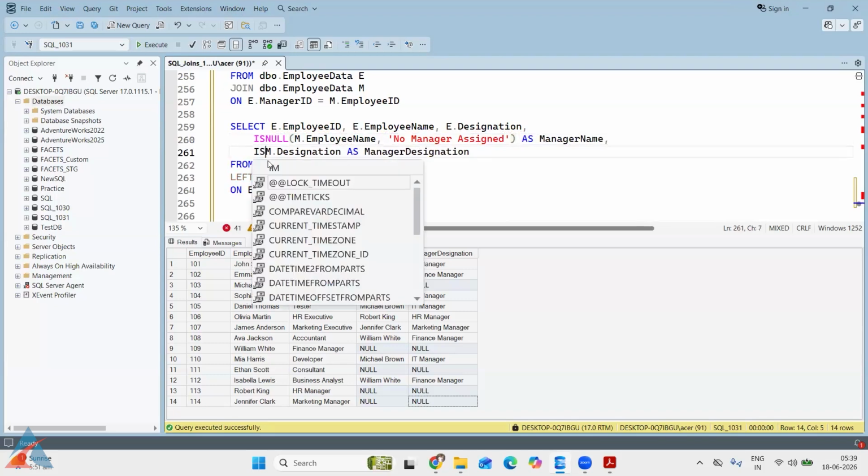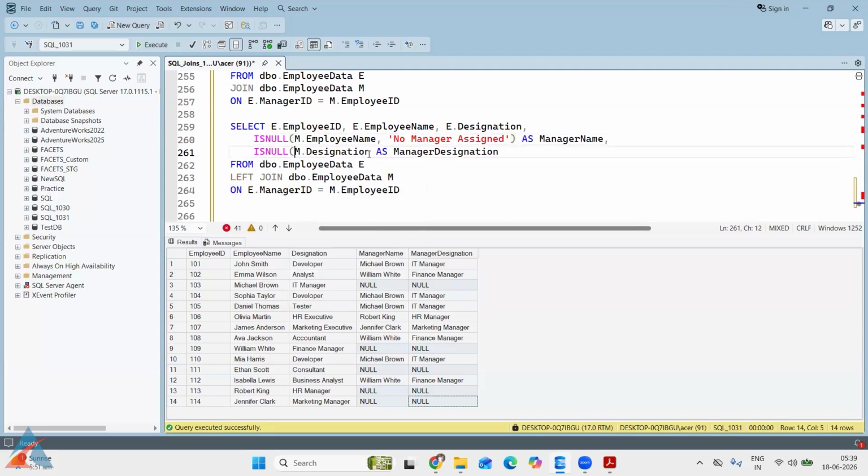And for the manager designation, if it is getting null because there is no manager,